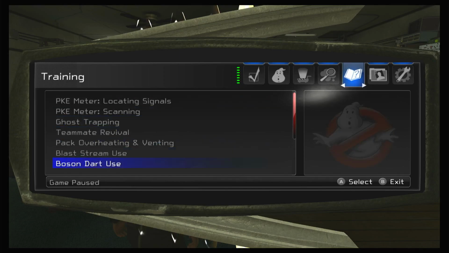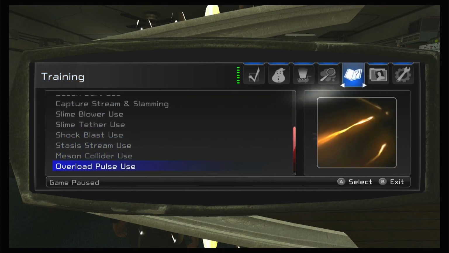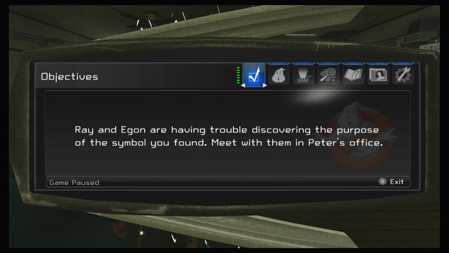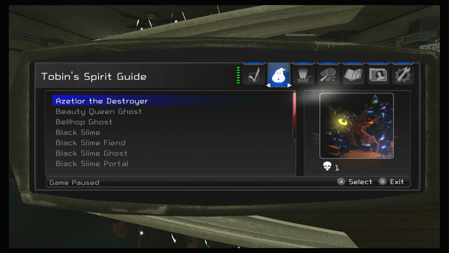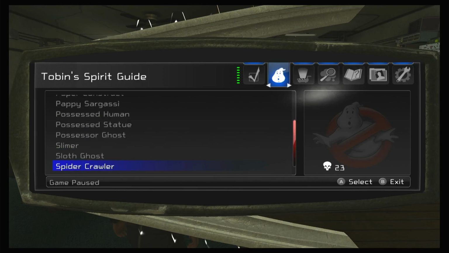Here's the training tutorials. Here are just tutorials, but the game does a good job itself. And here's the objectives list, which just tells you where you need to go. Let's go to Tobin's Spirit Guide. I guess we'll go through all of these alphabetically